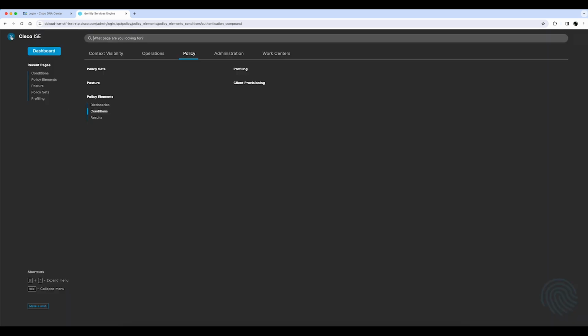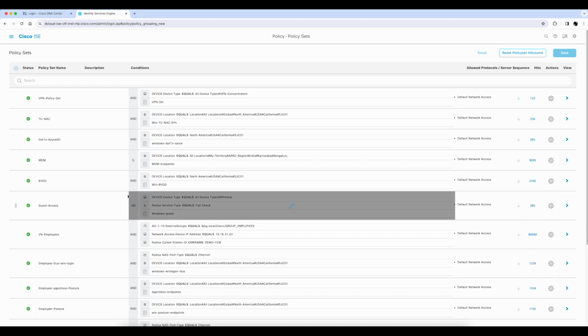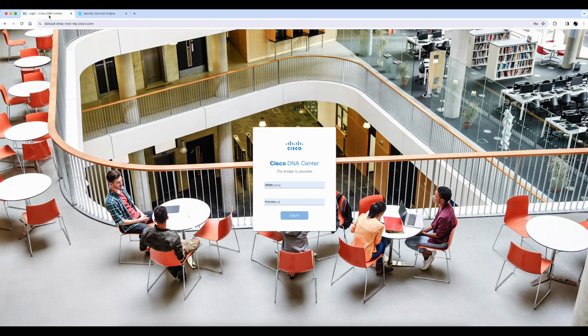Now, as we go back to the actual policy sets, this is where we'll define our policies. You see these various policies that have already been decided upon and entered into the system. And then as we go from the policy name, it gives you the set of conditions. So when this device type equals whatever parameter you've set up in the conditions, it's now able to provide that network access quickly and simply to those endpoints that are now connected.